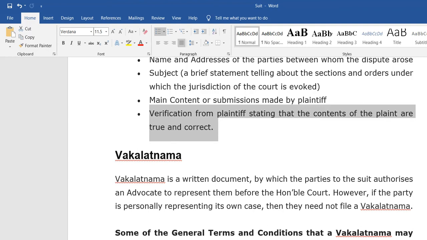Suppose I do not need any advocate because I know all the ways to represent myself and how to write and create the filings. Then I have no need for a Wakalatnama. If the party is personally representing its own case, they need not file a Wakalatnama.